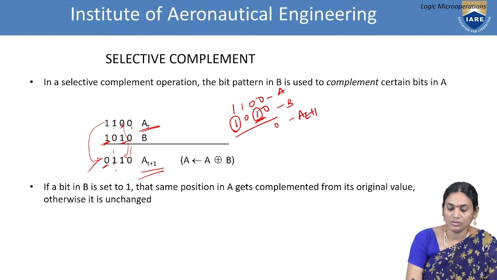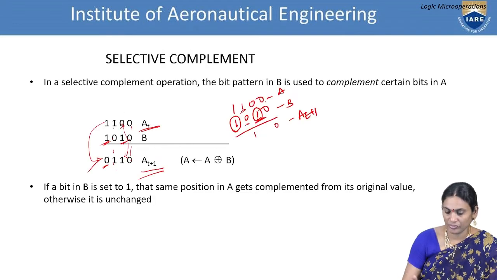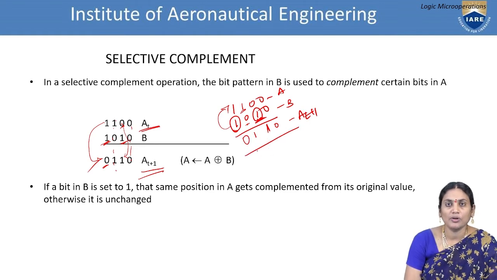So this is 0. Here we don't have any 1 over here, so we have to transfer it as it is. Now the restored position is the second position from LSB. So whenever I find 1 in the second position from LSB, the corresponding bit position will be changed to 1. And here the same will be reflected and 0 will be affected. So this is the way you have to perform the operation.